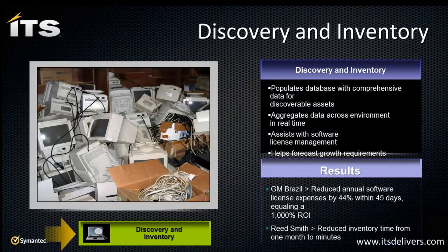So, discovery and inventory. Hopefully nobody has a room that looks like this picture. I've seen some of these. But what we have with discovery and inventory is a database that's populated with data for discoverable assets. We've got assistance with software license management. If we're looking at these things, we can help forecast growth requirements. And we've got two real-world results here, one from GM Brazil and one from Reed Smith. The inventory time at Reed Smith reducing from 1 month to minutes. I'm sure people can